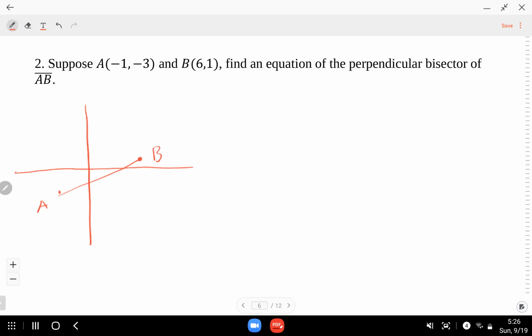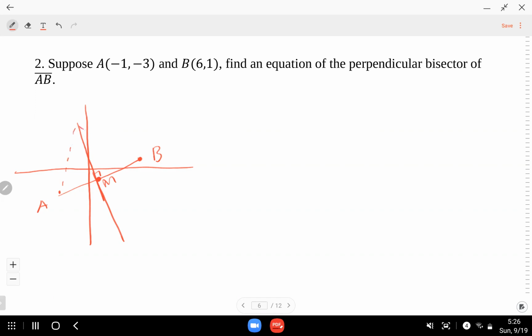All right, so our perpendicular bisector is the bisector of AB, all right? It creates a right angle, okay? It's perpendicular, right? And the point where this perpendicular bisector intersects AB is the midpoint. The bisector creates a midpoint, and the midpoint creates two congruent segments, AM and MB. So since AM and MB are the same,